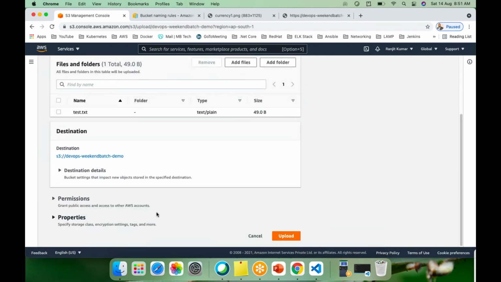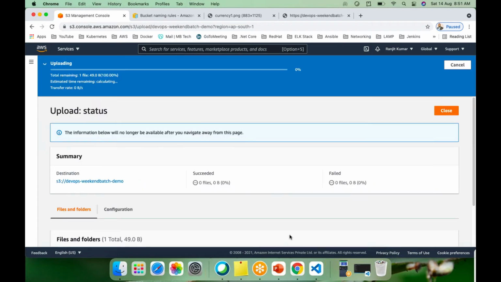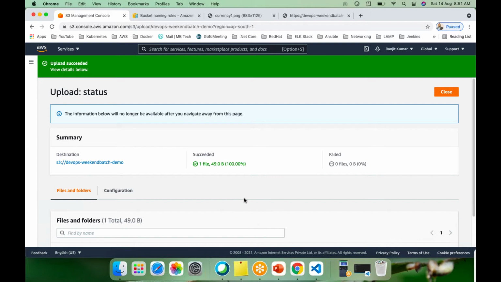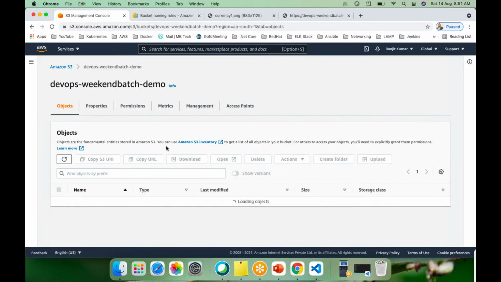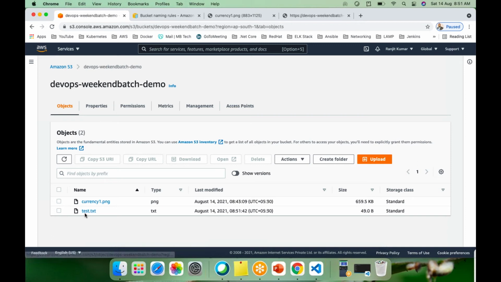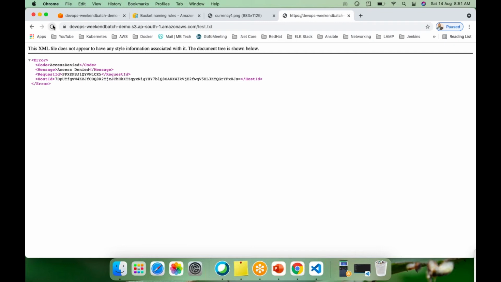Okay, we got the file here. Just open this file now. Copy this link, go here, paste it. See, demo file for S3 lab.